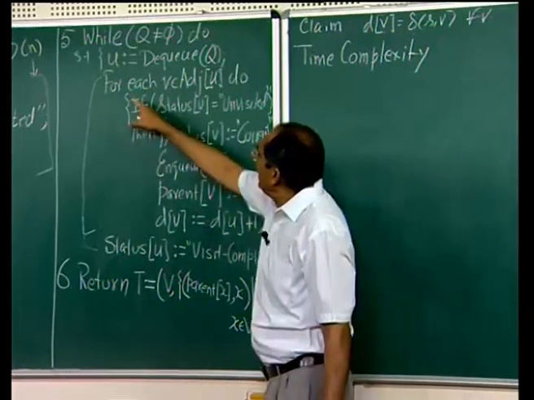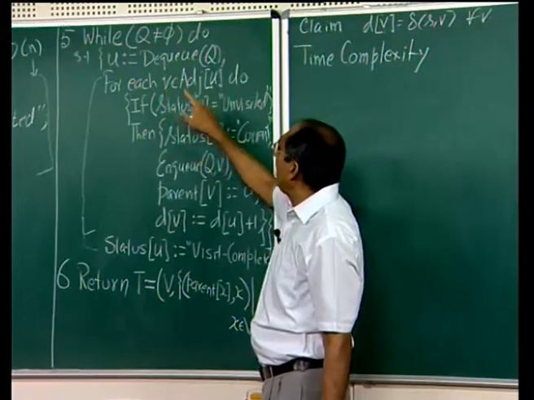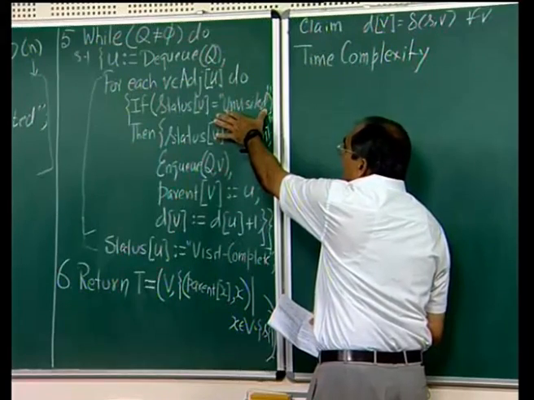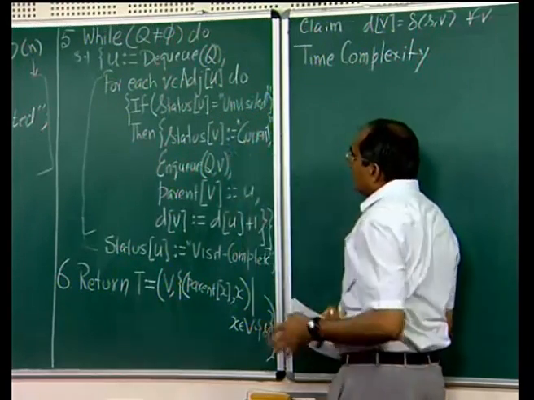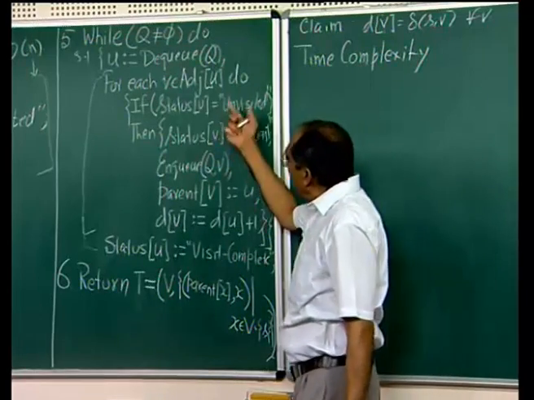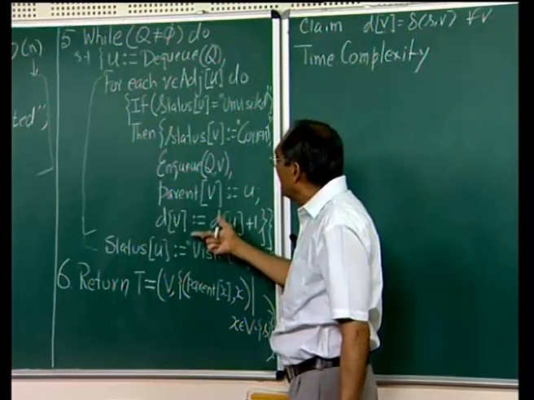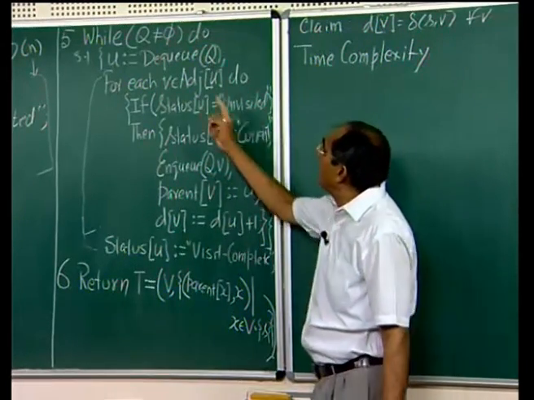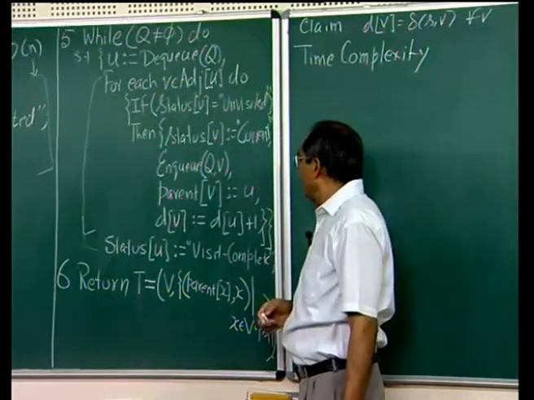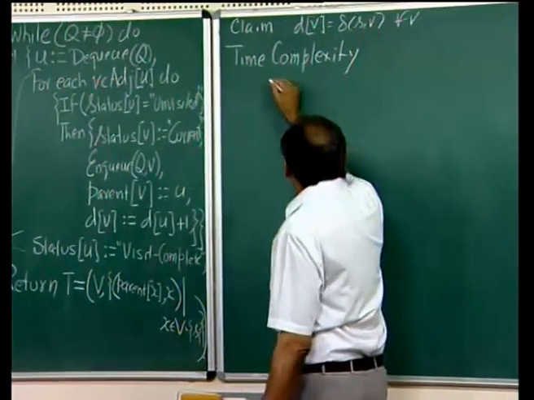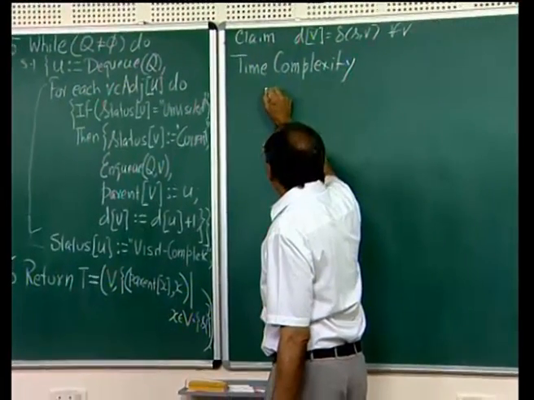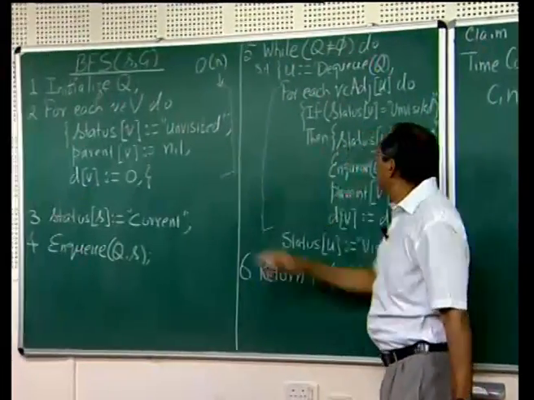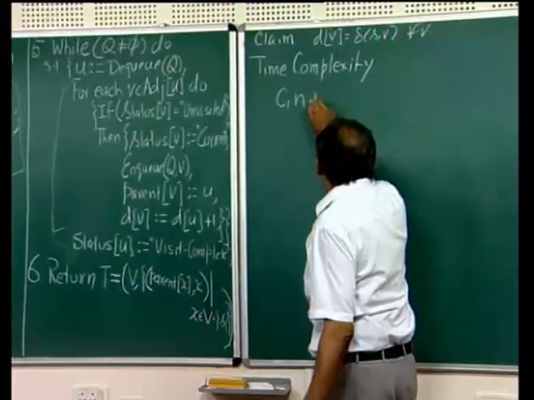Well, in this we visit each neighbor of u and check what its status is, whether unvisited or otherwise. Depending on that, we do some constant time operation. These are 4 fixed operations. So for every neighbor of u, we will do this once. So what we have here is some C1 n for step 2, and then for step 5,